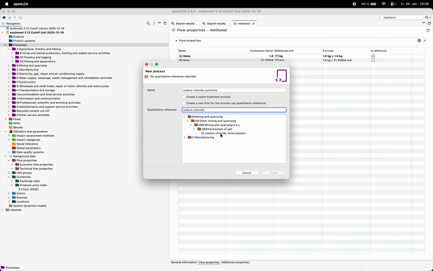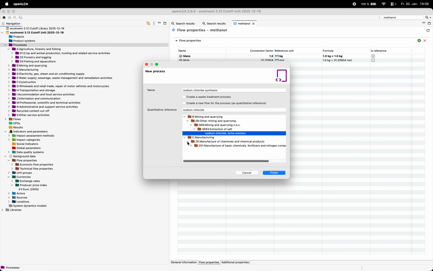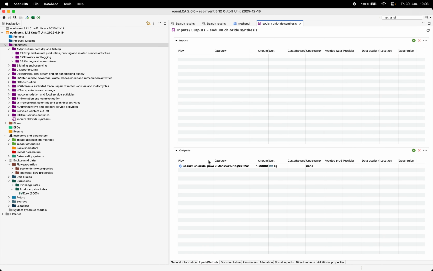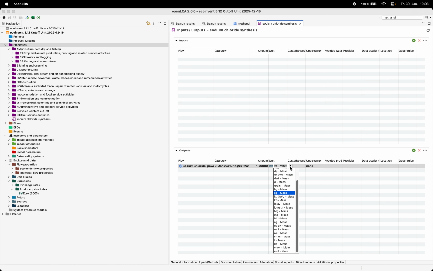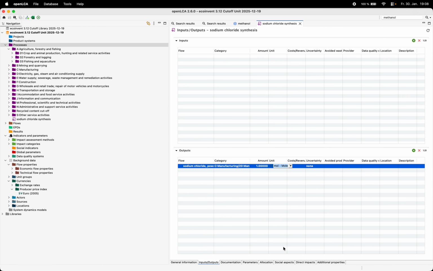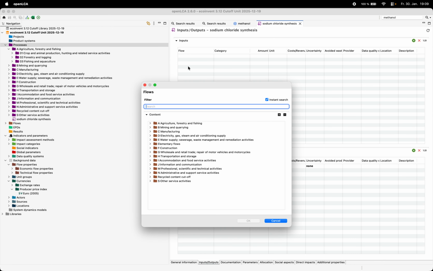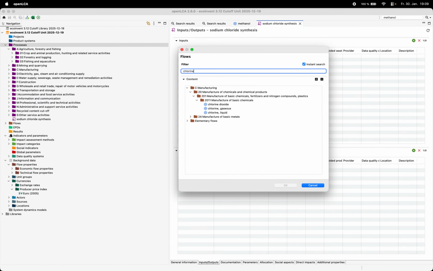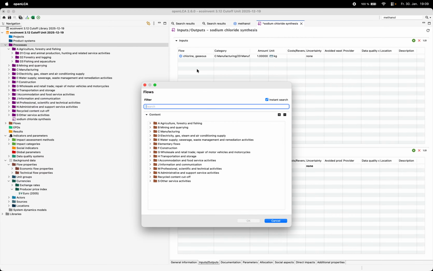This one might already exist in the database. Yes, here we have sodium chloride powder already existing. So let's create a new process. And what you can do now is plug in the exact stoichiometric equation. So this must be 2 mole. And then we need chlorine gas. So this is really just an example to show the stoichiometric approach. We need some sodium,